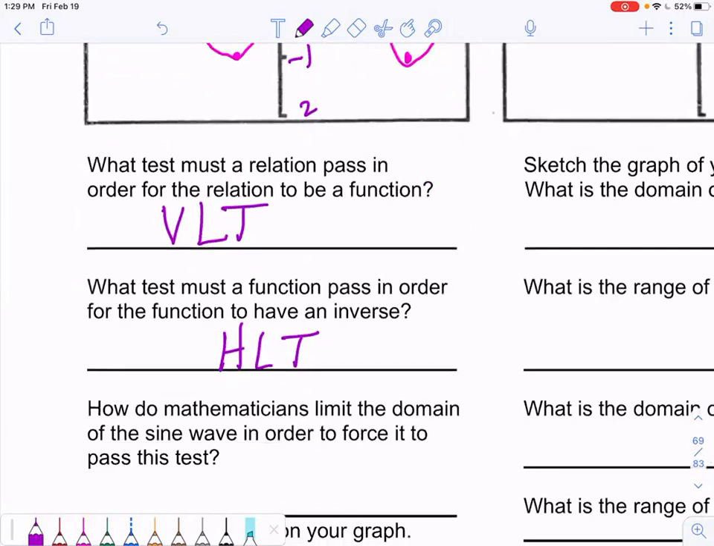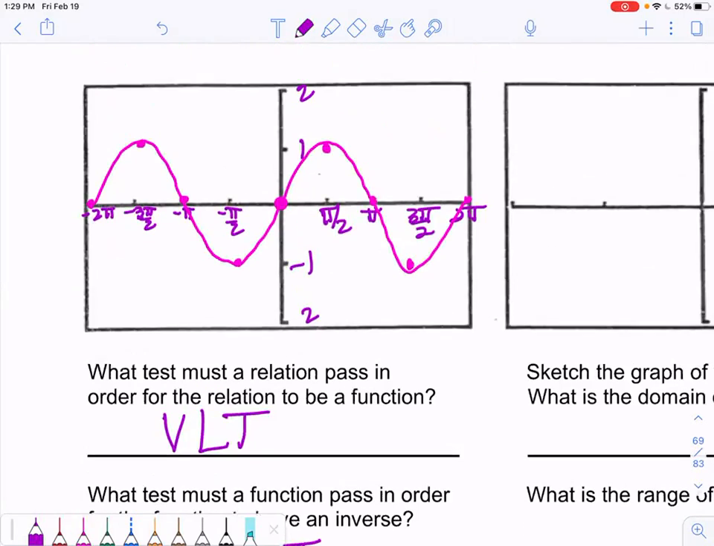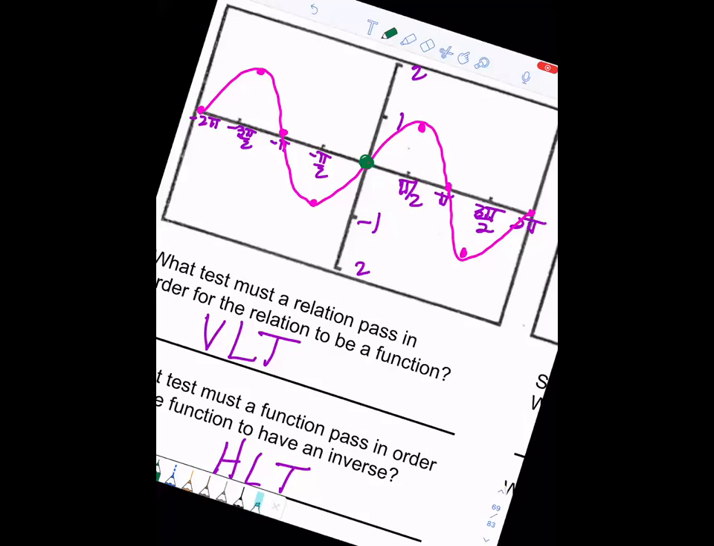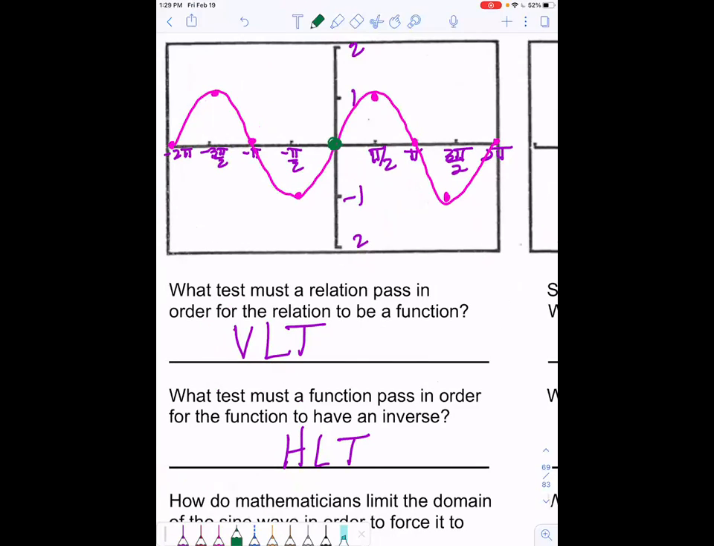So mathematicians limit the domain of the sine wave in order to force it to have an inverse. The way that is done is if you go to your graph, a cycle starts at 0. The unit circle starts at 0. So when you have an inverse function, it's going to start at the origin. Graphs work from left to right. So if I start at the origin